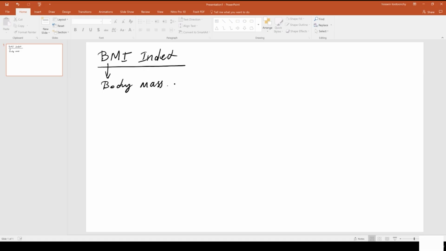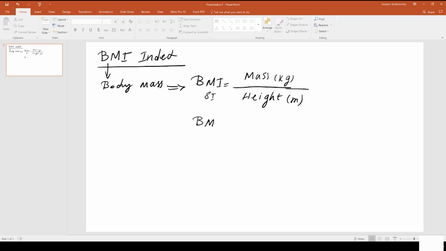Let me start by specifying the BMI formula. BMI formula equals mass in kilogram divided by height in meter, squared. This is the SI unit. This is for SI. Also, we have BMI for imperial units, which would be mass